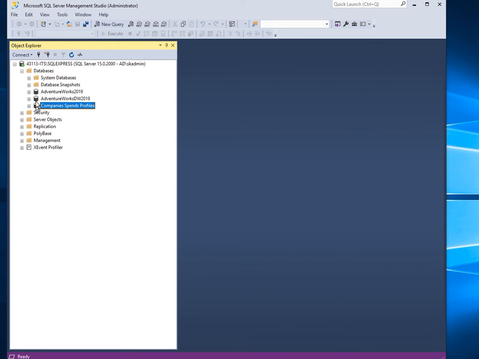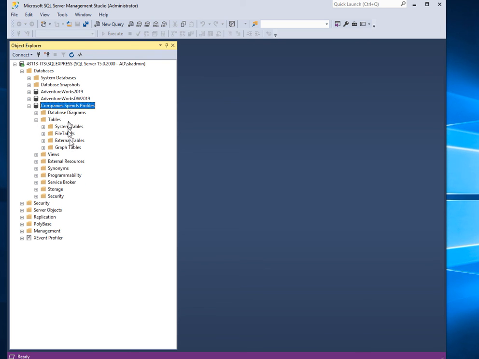And then as you can see, it created a database for you. To verify that it actually is the database, you can click the plus sign, expand the tables, and you can see there are tables here that you can view, right? So that's it for creating a staging area, and so we'll need to move on to the next